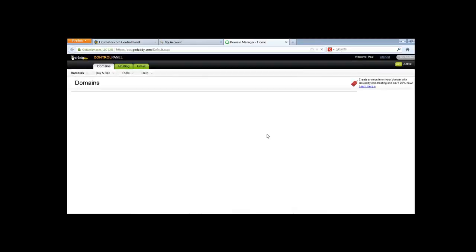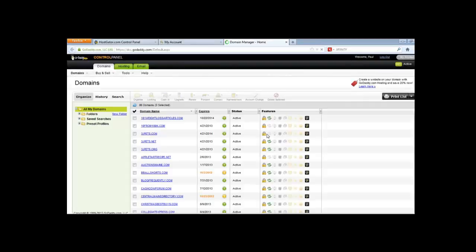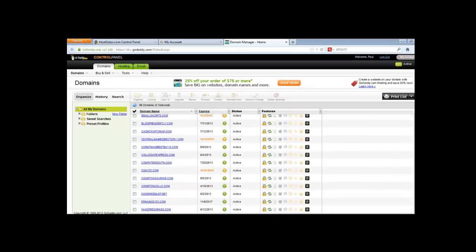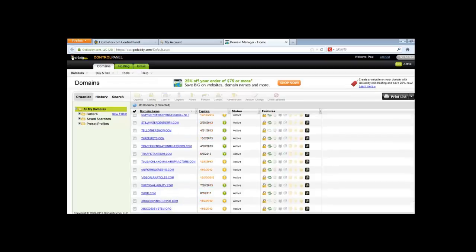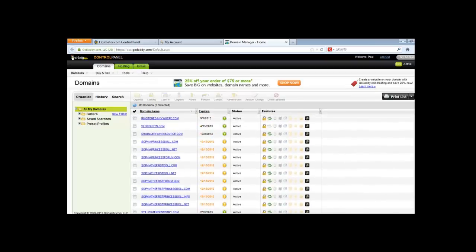The process that we're doing here is pointing the domain that we purchased to our web hosting company so that we can do further work with it. So what we're going to do is scroll down to the domain you purchased. If this was a brand new account, you're only going to see one domain in there. This is the domain that we just purchased. It's called